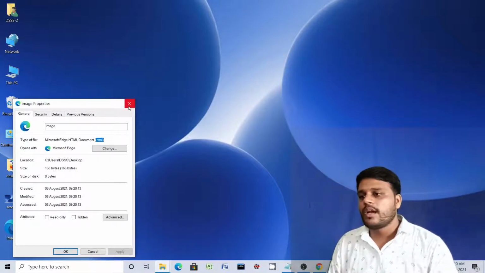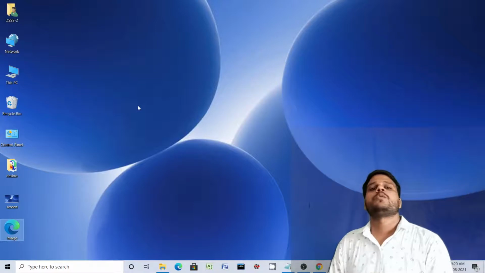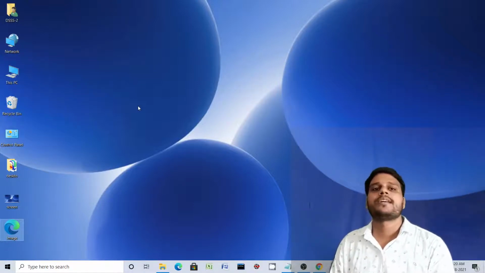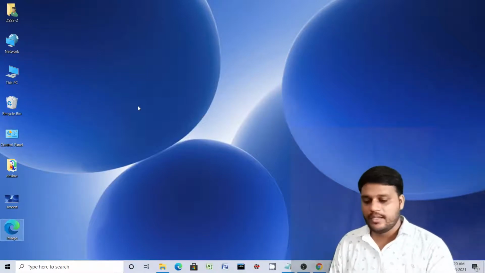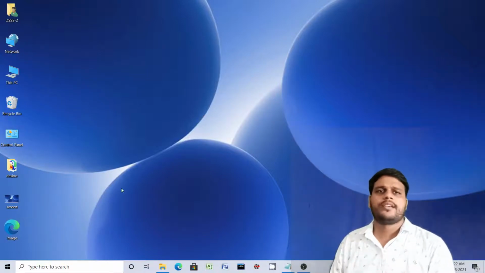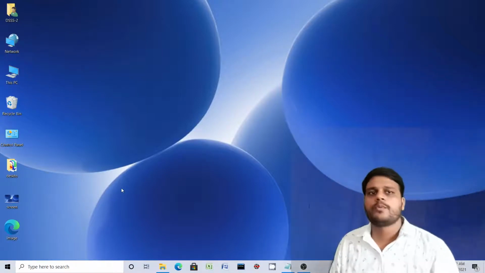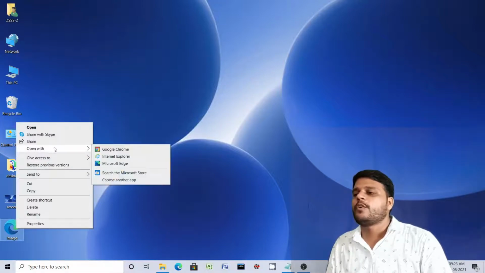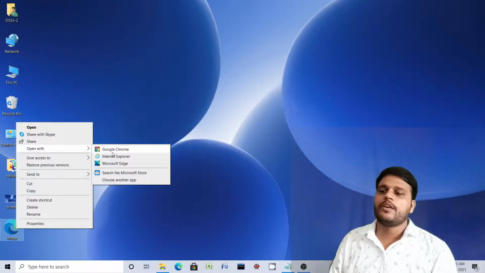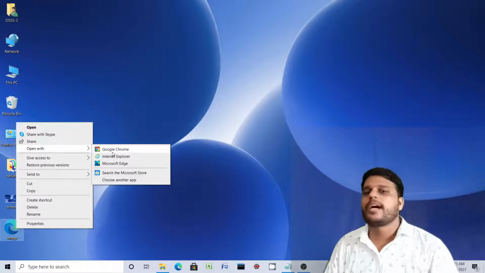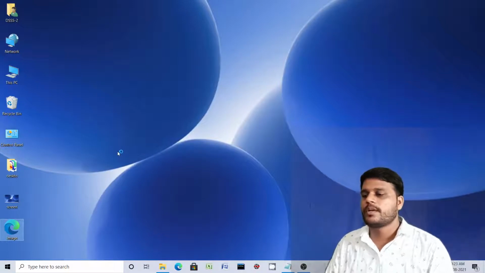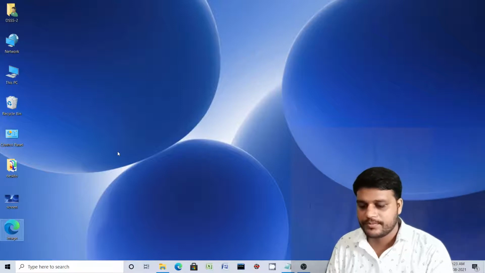Now you have done all the coding related to how to insert a background image. The last thing is how to view that code in your web browser. To do that, you have to select that file, right click on it, select Open with, and you can choose any of your web browsers. Here I am selecting Google Chrome. After some time Google Chrome will open.